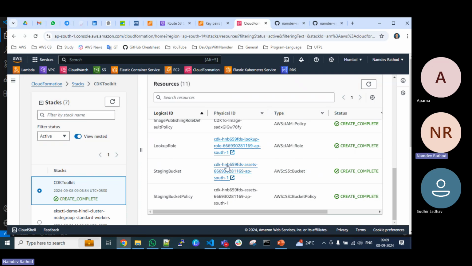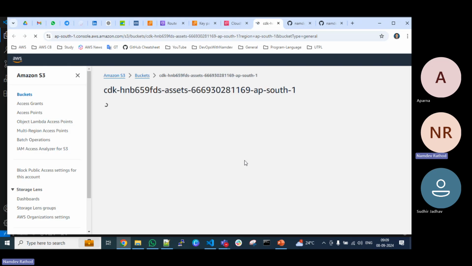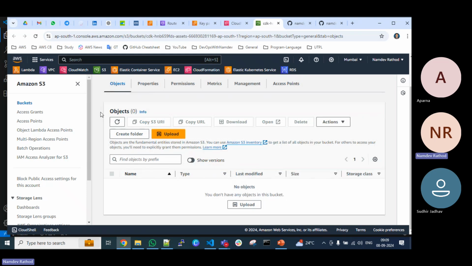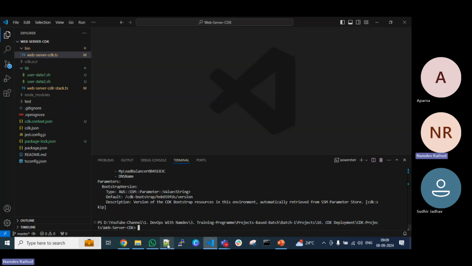So this is the staging bucket. If I go to this bucket, you will land in the S3 bucket service. See, we are in the Amazon S3 bucket. So here, when we start deploying, the file will automatically be generated here. So now the next command will be